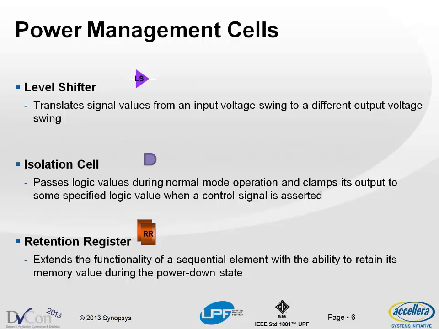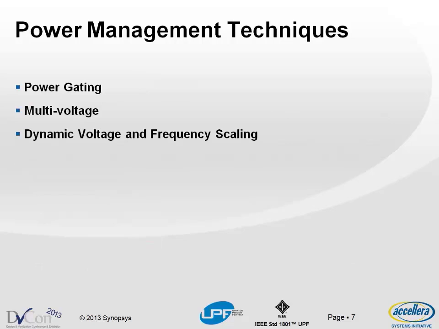An isolation cell basically just says, in case of interruption, I want to make sure that a known good value is being sent from one particular domain to another. So these are going to protect unknowns, or X's, from propagating in your designs, because it will clamp and give you a known value. This way, you have a known state. And retention registers are basically sequential cells that will maintain their state despite the fact that external power has been removed from the domain. And we'll talk really quickly about some power management techniques, namely power gating, multi-voltage, and DVFS,